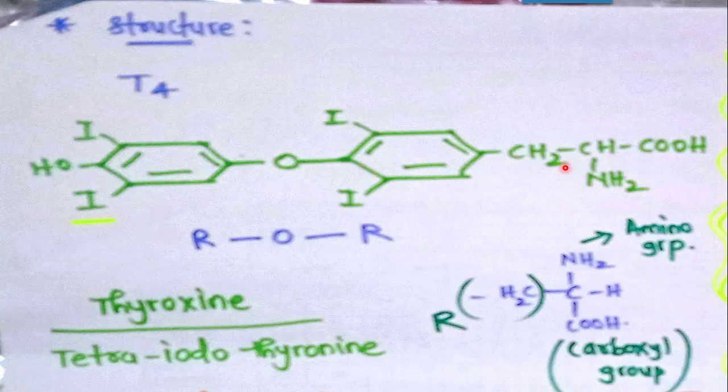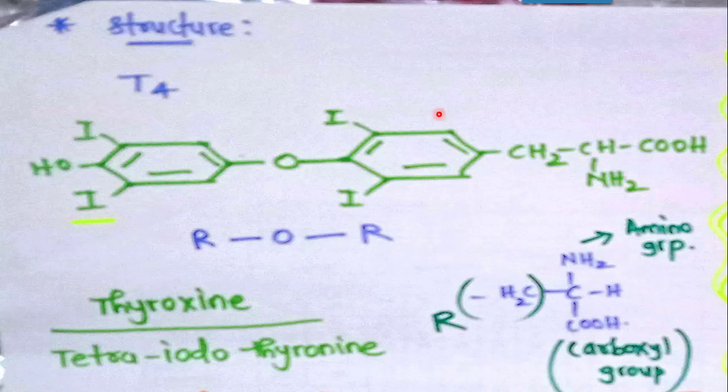And if you compare the right hand side, this is CH2, CH, COOH, NH2. So this central carbon has all four substituents. In the elaborated form, one is hydrogen, one is NH2, one is COOH, and another is carbon. So this resembles the amino acid structure, and this is the ether structure.